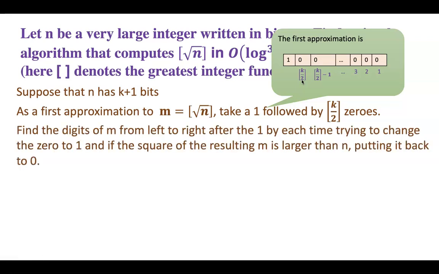Now we find the digits of m. For this we find other, better approximations to m, going from left to right after the 1 here. Each time we try to change these zeros to 1 and consider the new number and then square it, and we will check whether the square of that number is larger than n. If it is larger than n, we will put that 1 back to 0,